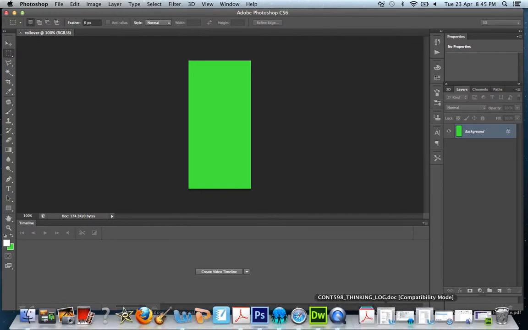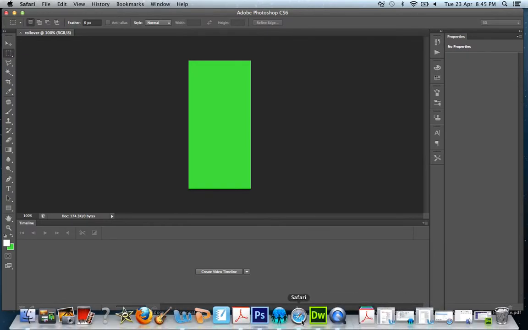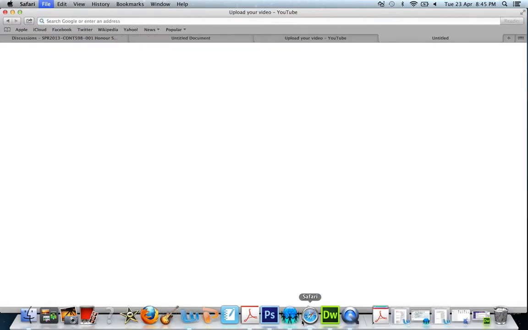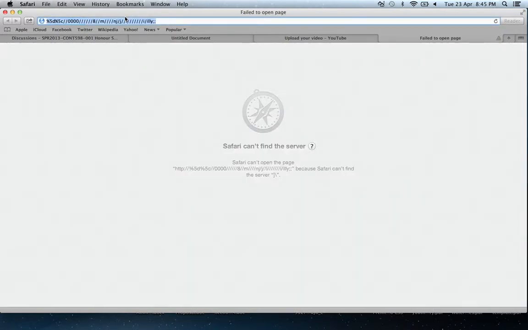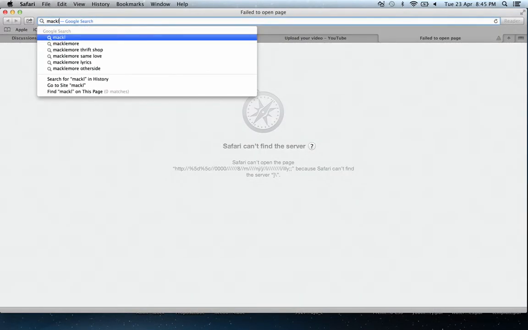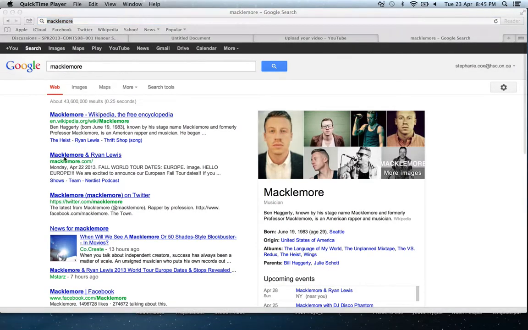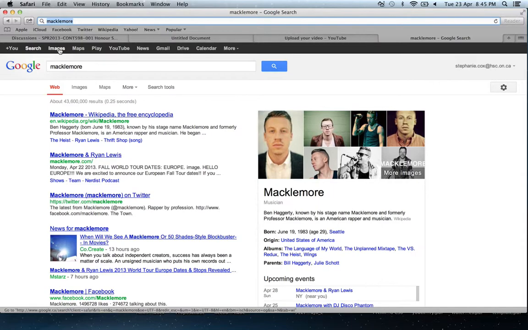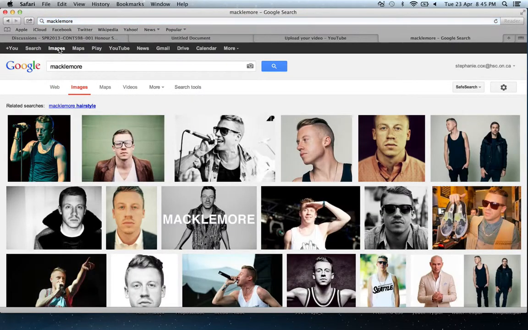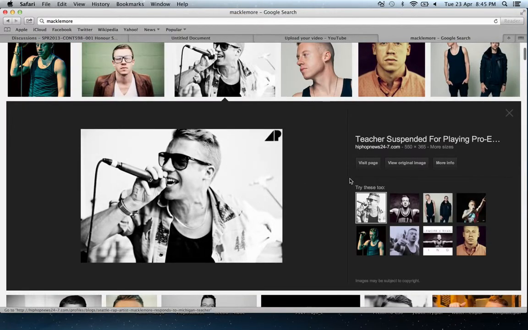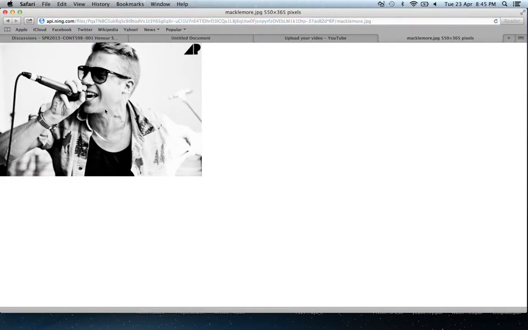Next thing I'm going to do is go to Safari and find an image. So I'm going to Google an artist, Macklemore, for example. Go to my images, and obviously not all of these are shaped like my picture, but that is not a big deal. I'm going to grab my picture, go to the largest one possible, I always like the highest quality possible, copy image, bring it into Photoshop,